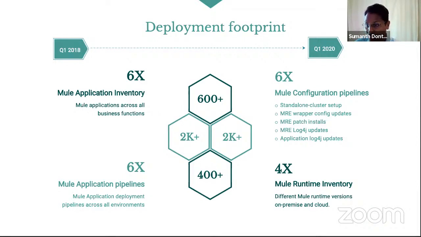So any change, if I need to move, certain clusters might want data to be loaded into a different system. With the current capability we have, it's easy for us to switch without redeploying and rebuilding the code, in a minimally invasive way. And the application pipelines, again, you have so many environments. If you keep growing your application inventory, that keeps growing as well.